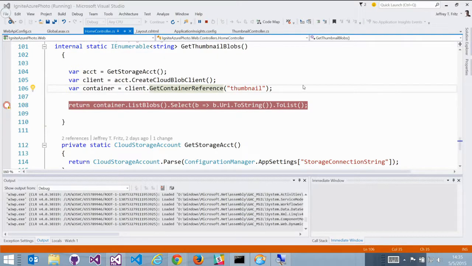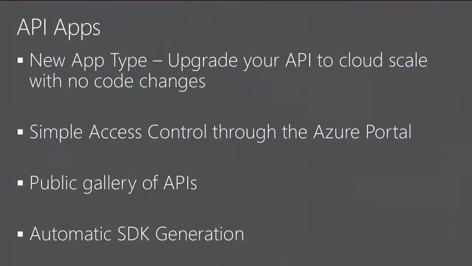So I'm going to move on, and I want to get to the next demo that I want to show. API apps. API apps I showed in that initial slide, this is kind of the foundation that all of our apps are built on now, okay? APIs are just a way for us to answer on port 80 or port 443, because we're using SSL, to send machine-readable content back and forth, all right? So this is a new app type, and